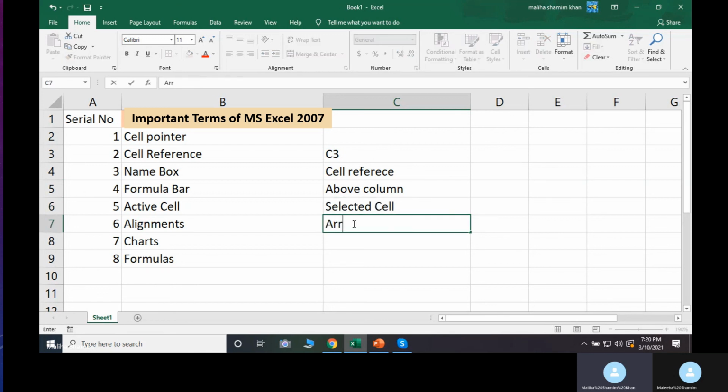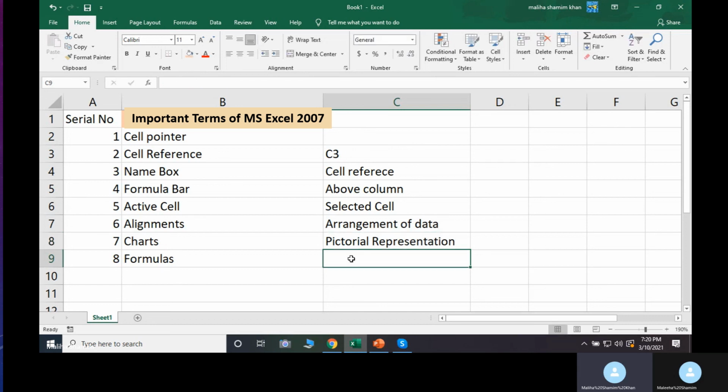Alignments are the arrangement of data, and we have discussed the different alignments as well. Charts are the pictorial representation, and we can use them through the Insert tab. And there are different formulas we can use according to the data. So these are some important terms of Microsoft Excel.